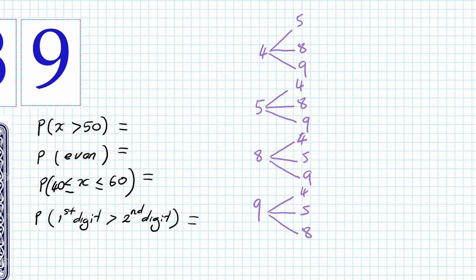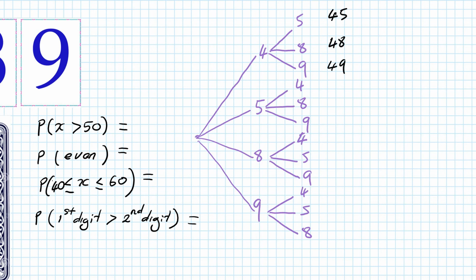Okay, so I just connect these together. So this is my tree diagram, and these are the numbers. So when you have this, the rest are very, very easy. The question says, the first one here is, what is the probability that the number is greater than 50? The best way to do it is to write out all the sample space first, so then I can answer all these questions. So the sample space is 45, 48,